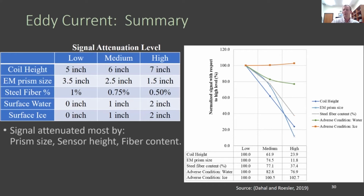So whether we have ice or water doesn't drop the signal attenuation. High here means that there's a potential for high signal attenuation. So fewer fibers, higher coil heights, or greater depths of water would attenuate the signal. And you can see here the most sensitive factors are factors that the engineer can design, whether it's how much